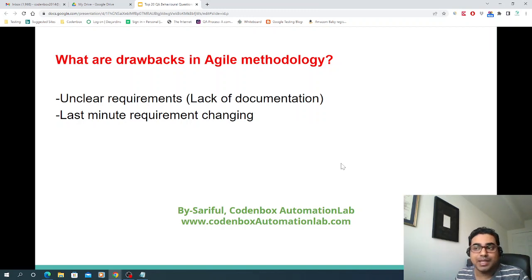And the next one would be last minute requirement changes. This is another very common drawback. It frequently happens in Agile, since Agile allows the end user to change their requirements anytime during the sprint, anytime during the development phase. A lot of times you will see the end users change their mind after seeing the preview, because Agile allows delivering the product very frequently, probably at the end of every sprint, every week, or every 2 weeks. So whatever the time frame or release